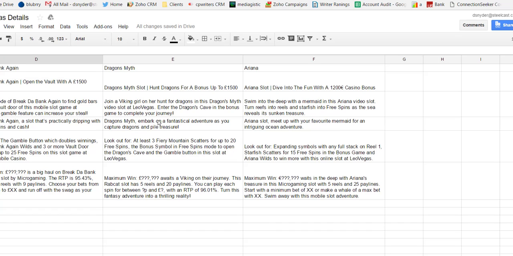So this, again, is another one that hits on all the different points. Lays out the personality, has the name of the game, lays out a feature, secondary term video slot, and introduces LeoVegas. Dragon's Myth. Embark on a fantastical adventure as you capture dragons and pile treasure. That's good. Dragon's Myth, comma, and then you have personality added in play. And the only thing that is missing is there's no slot term in here, but I think it's pretty good